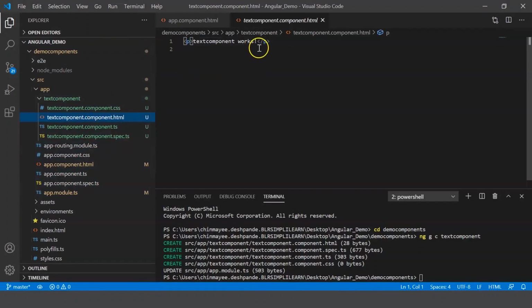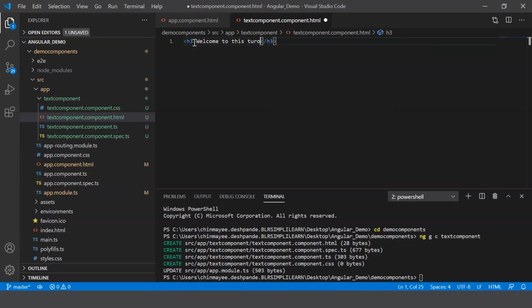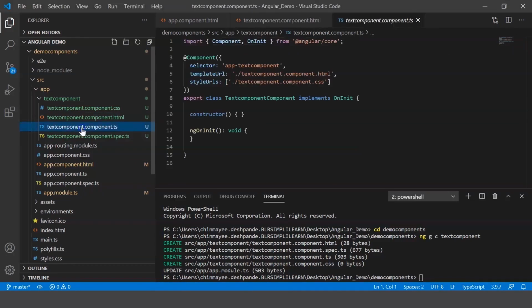component.html file, and here let me provide a message. Let me say h3, and let me display a message saying welcome to this tutorial on Angular components. Alright, now in your text component.ts file, which is your TypeScript file, the selector mentioned here is